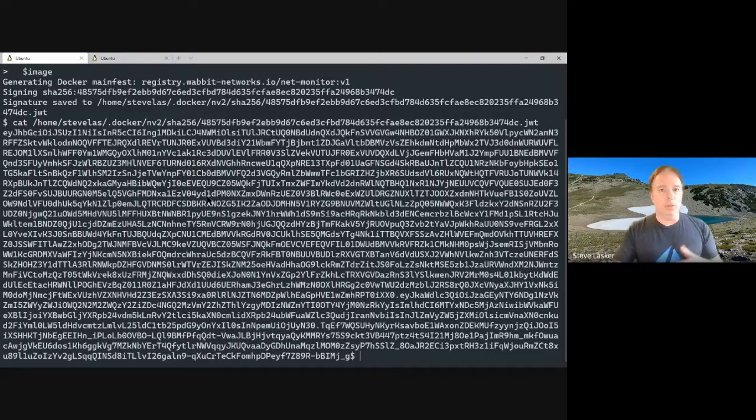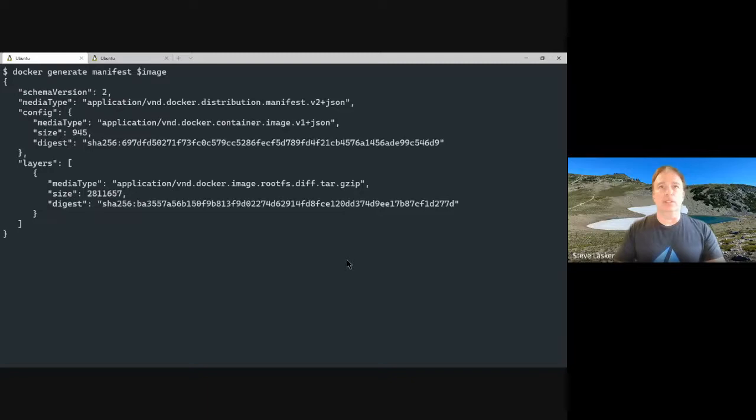And that's a JWT, and we'll go into the signature details in a minute. If I wanted to look at the manifest that we've actually signed, this is the manifest for that net monitor image. I've purposely kept it small. It's a single layer, basically just Alpine, and it's got a media type. So there's basically two blobs in it. This manifest has a digest for the things it references, and the manifest itself has a digest. So there's digest upon digests. That's what we're actually signing.